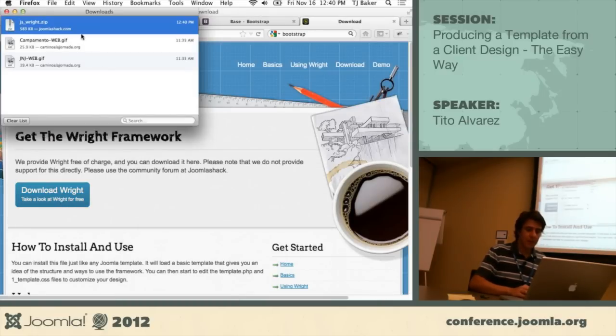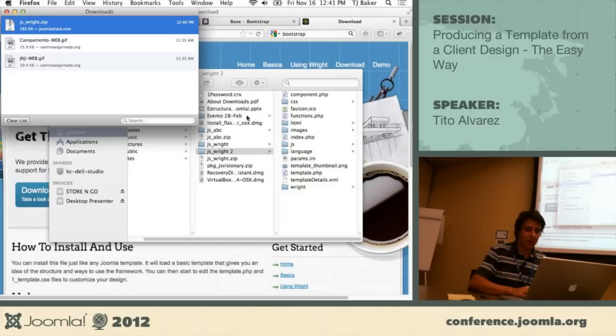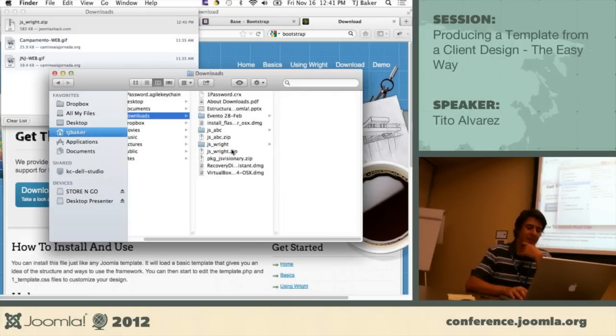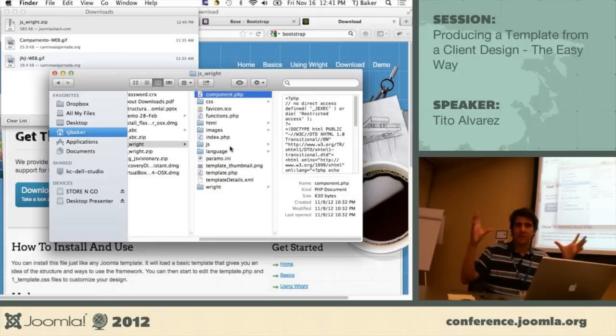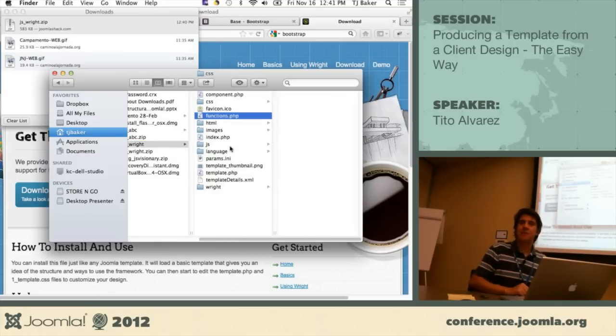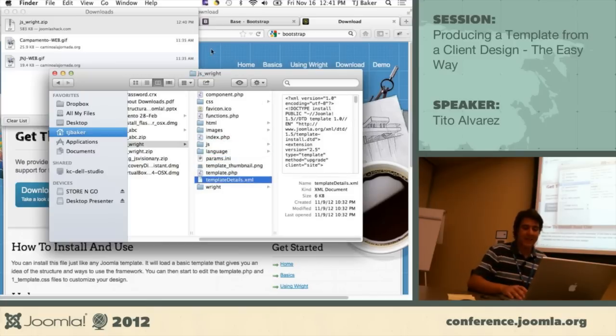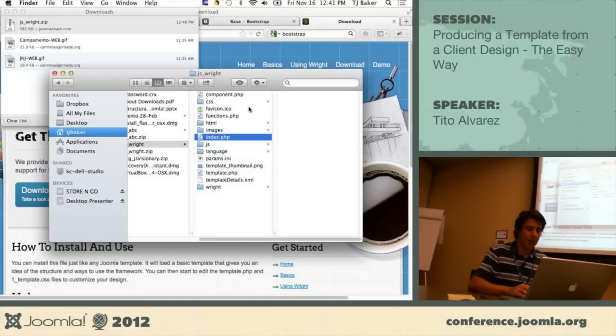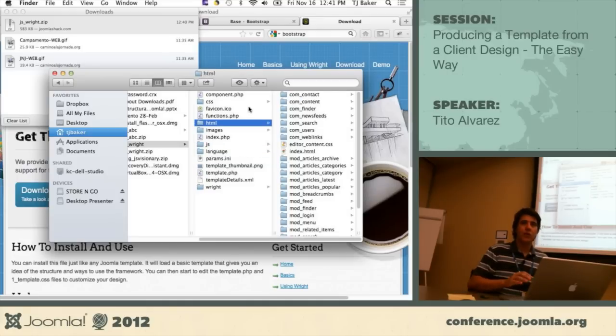And you will see, okay, I already have one copy here. You will see that Wright is basically a template. I mean, it's a template itself. It has its own index.php file, it has its template details file, and it has a lot of basic styling in all the files that go here. So we are going to do a basic customization of Wright and upload it into our site, and create our template